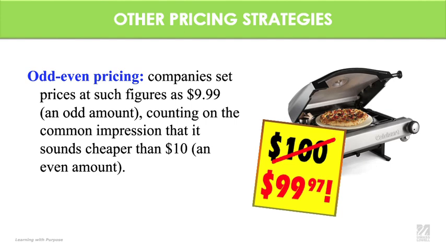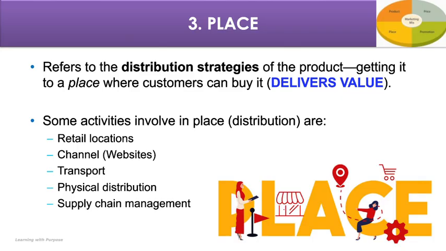So now we will move to the third P of the marketing mix, that is place. Again, for place, we will also need a strategy and we will need to plan everything. So this is how we will distribute our product or services or anything that we are selling. And this is the portion of the marketing mix that delivers value, because it's basically how we will give this value that we produce, that is our product, to our customers. How will we deliver it? How will we make it move from our manufacturer company to their hands for them to use it.